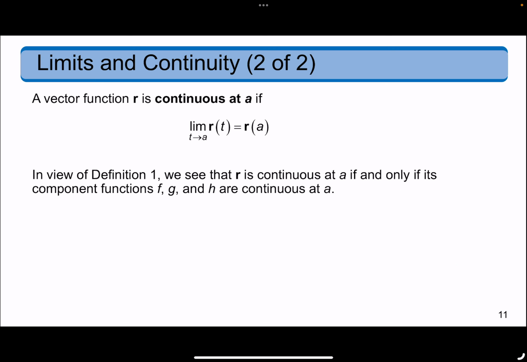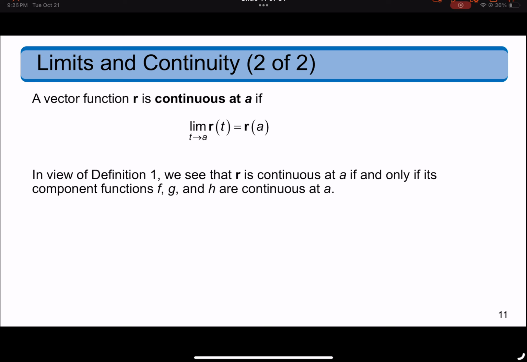A vector function r is continuous at a if the limit of r of t as t approaches a is equal to r of a. In definition 1, we see that r is continuous at a if and only if the components f, g, and h are also continuous at a. This is somewhat similar to